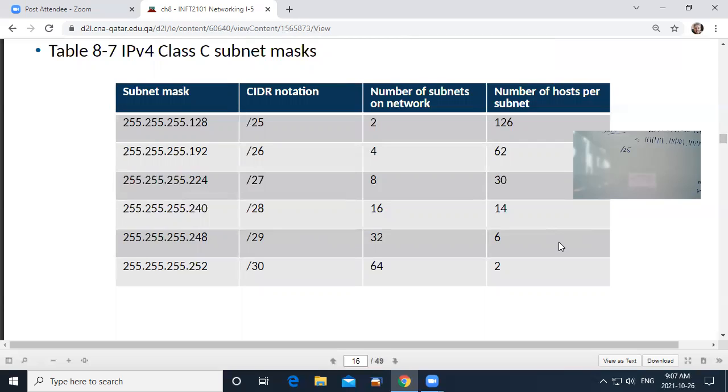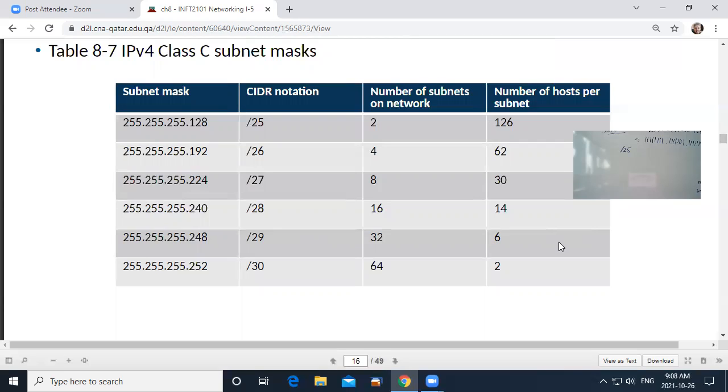Yep. And then, oh, well, actually, I don't want to have 2 networks. I actually need 4 networks. Oh, okay. Well, for 4 networks, you're going to have to take 2 bits away from the host. You're going to have to take the 128-bit and the 64-bit. And so you'll do that, and that'll be /26. The 128-bit plus the 64-bit, that's going to be 192 in your network mask, right? 192 is 128 plus 64. You know, these numbers recur all the time. They're not just random.